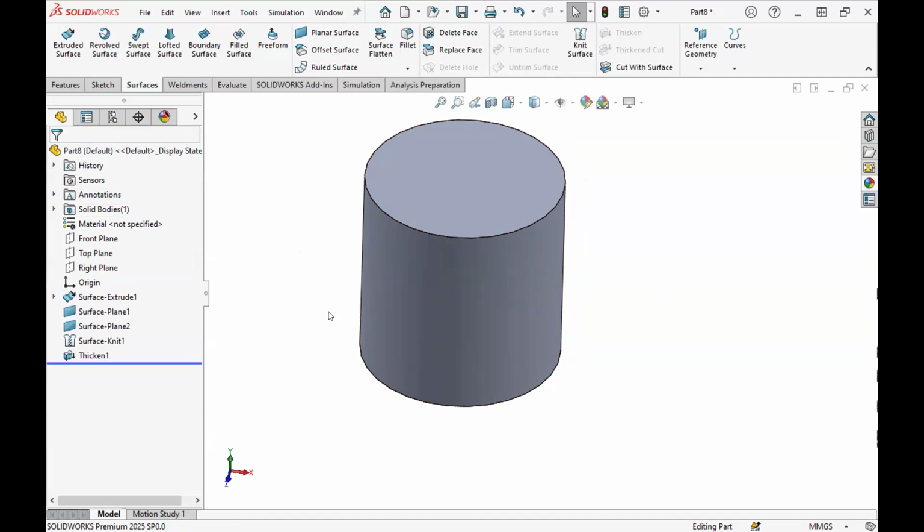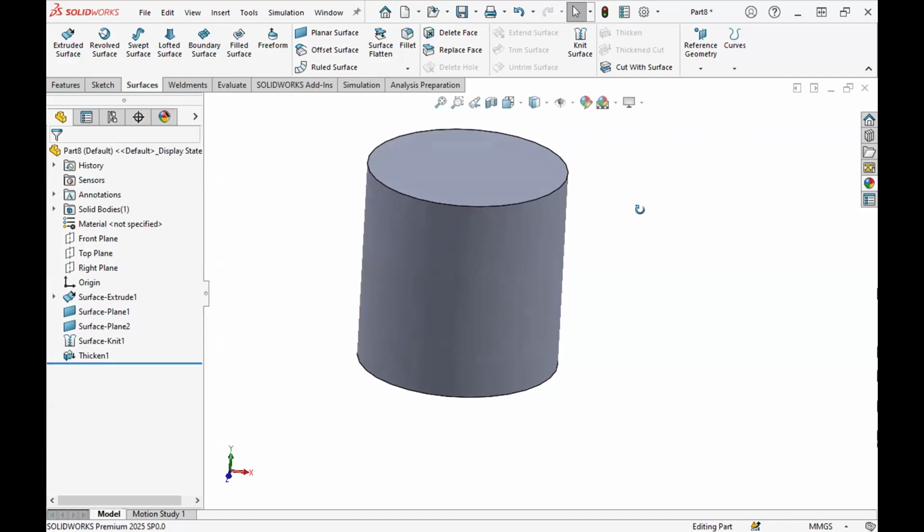They're the same size. They're going to have the same mass. I could use them for whatever model I want. So this is kind of starting to beg the question, what's the purpose of surfacing? Why would I model like this? And the quick answer is, if you're going to make a cylinder, do not use surfacing. This is probably the worst application of surfacing possible, but it kind of just shows us why you might want